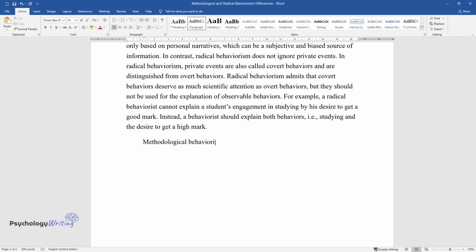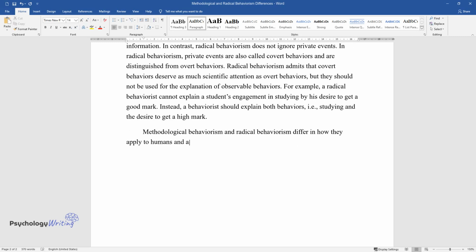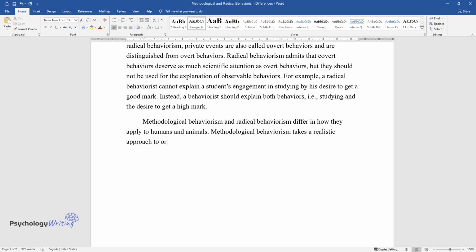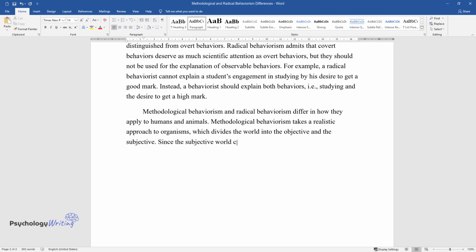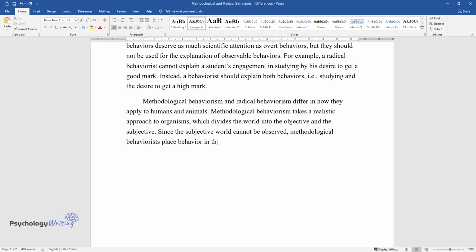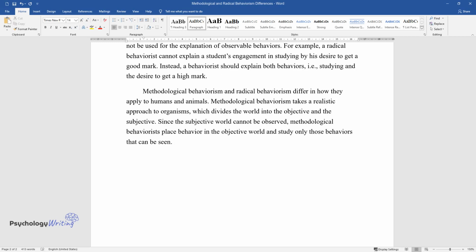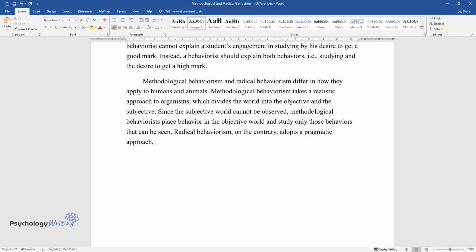Methodological behaviorism and radical behaviorism differ in how they apply to humans and animals. Methodological behaviorism takes a realistic approach to organisms, which divides the world into the objective and the subjective. Since the subjective world cannot be observed, methodological behaviorists place behavior in the objective world and study only those behaviors that can be seen. Radical behaviorism, on the contrary, adopts a pragmatic approach, which does not distinguish between subjective and